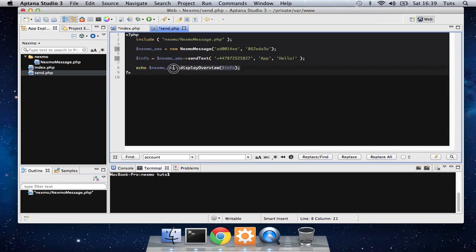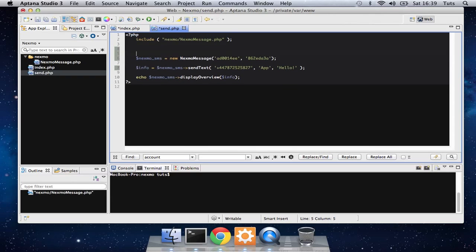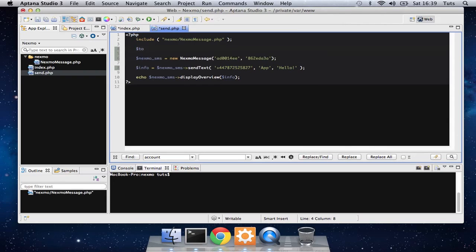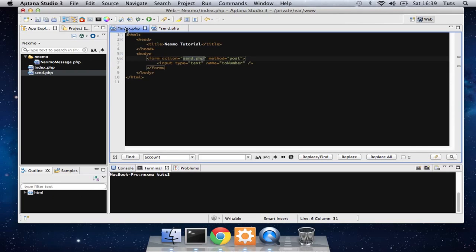Now here we've got a little bit of output that just tells us basically whether the message was sent or not, so it's quite useful. So instead of actually putting static values in here, we're going to put the values from our form in. So we'll just say toNumber equals, and we'll have a look at this. So if we just use toNumber,